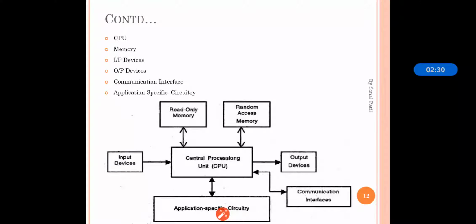Then the memory. Memory is categorized as random access memory and read-only memory. We have already seen that in detail. The contents of RAM will be erased if power is switched off, whereas ROM retains the contents even though the power is switched off. According to the need of the system, the memory is utilized where we can store the program and data in our particular system. Then come the input devices. Unlike the desktop, the input devices are a very necessary part, because by using them we can give input to our system. It can be a command, it can be GUI based.